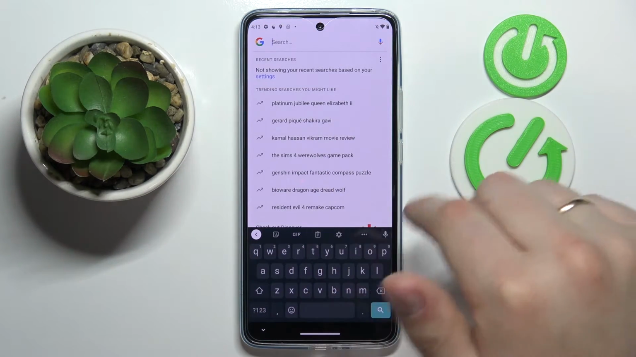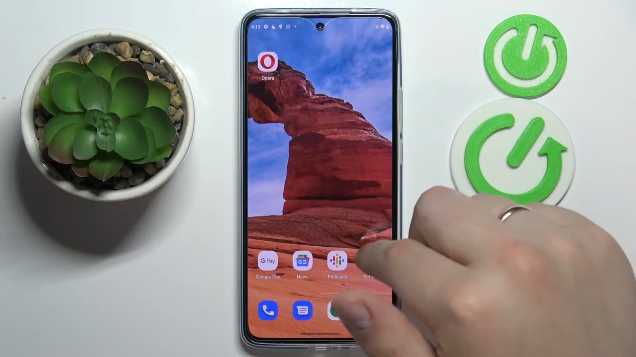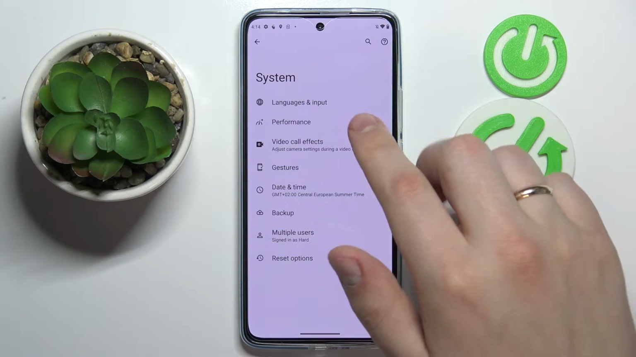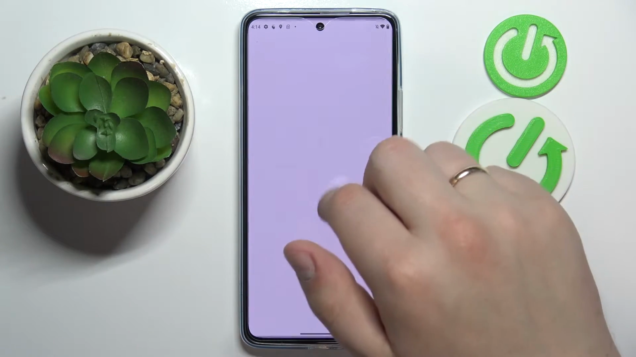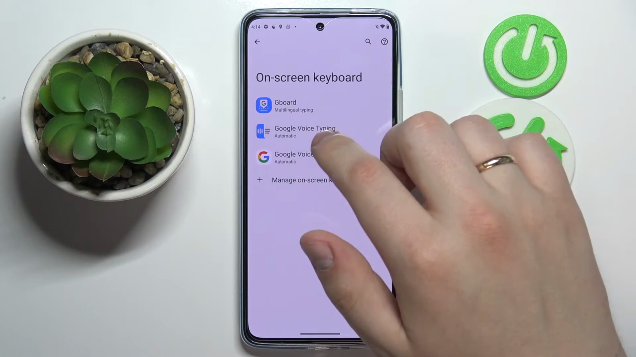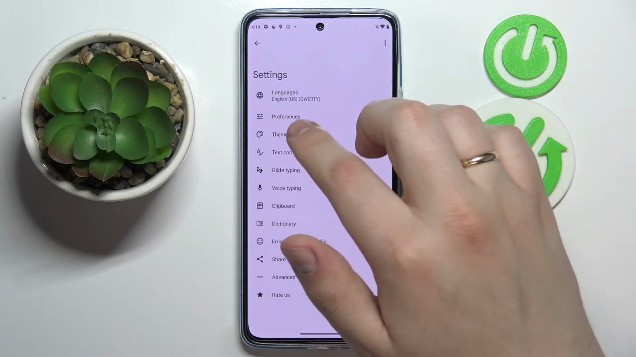So from now we want to open up the keyboard settings either by pressing on this gear, or there is also the second way to do that from the settings. At the settings, look for the system category. At the system page, go for the languages and input. Here choose on-screen keyboard. Next go for the Gboard, and at the Gboard settings page you want to open the